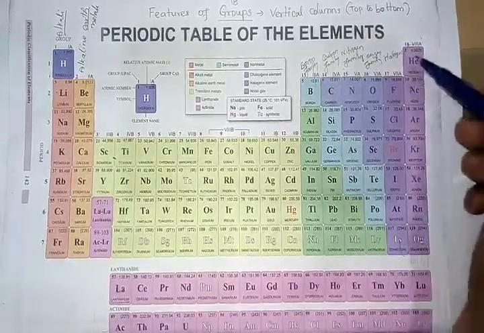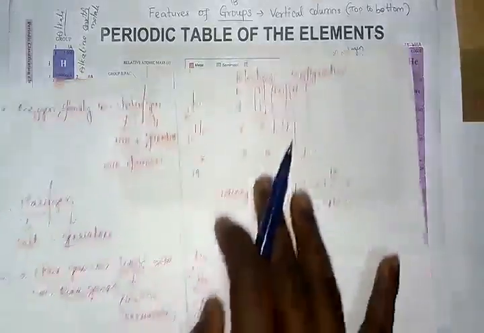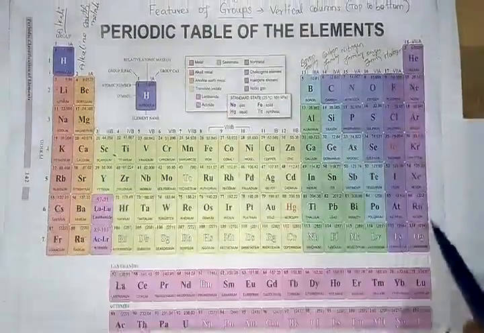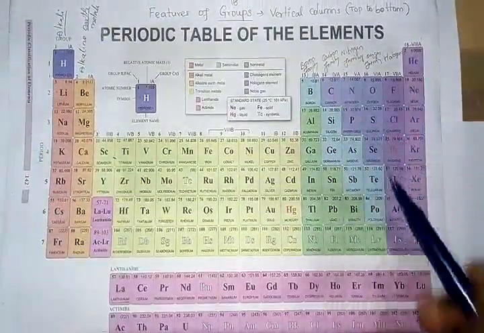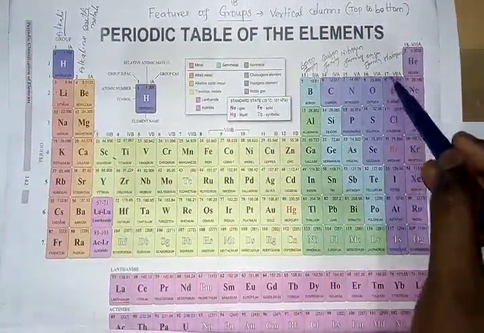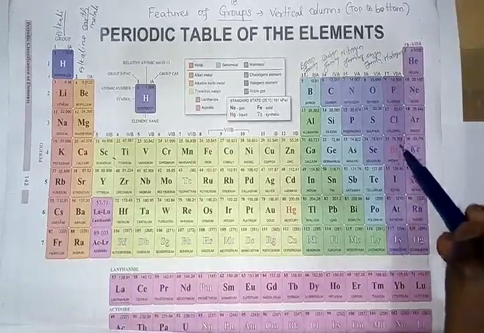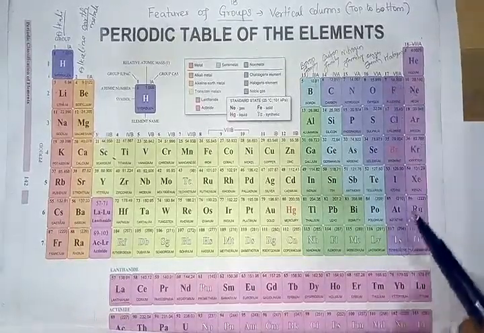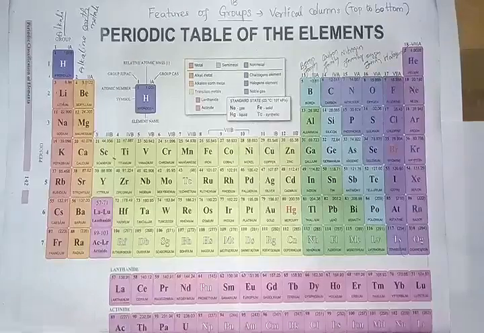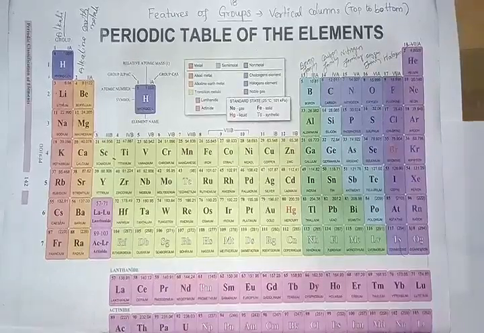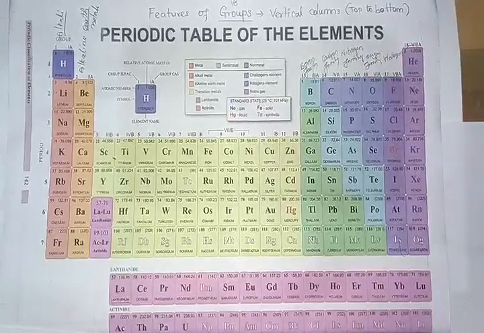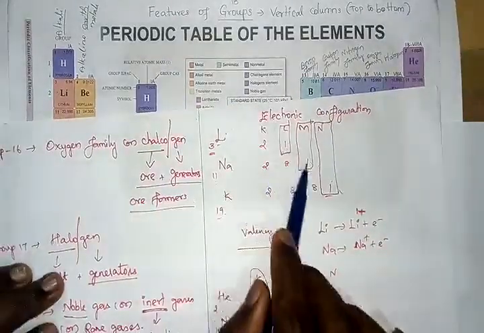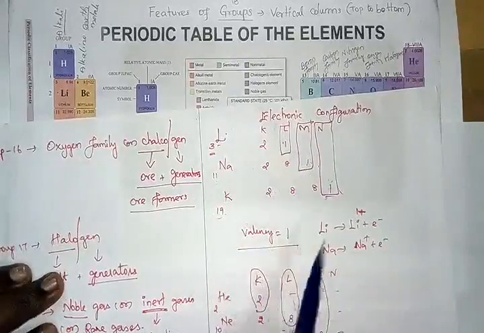But they do not have the same number of valence electrons. You could see the valence electrons are different in the 18th group alone, but the remaining groups are all the same. If you look at the 17th group, the valence electron is 7, right? So the valency is 1. This we have learned already in your 9th standard. Now the next idea: we know that when they have the same number of valence electrons,